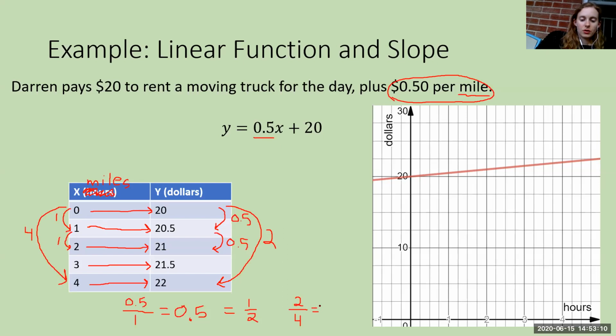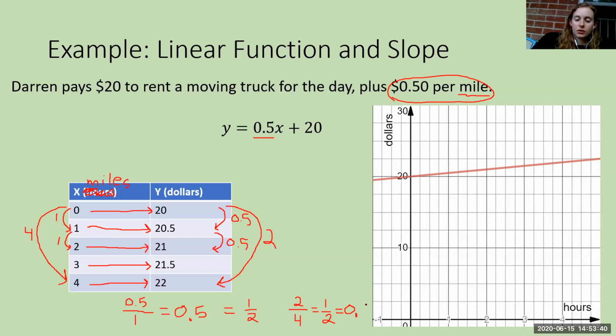Now this ratio, we can divide the top and the bottom by 2. It'll simplify to 1 to 2, which is what we had before, right? We said our rate of change could be written as 0.5 or 1/2. Doing it this way, we came up with 1/2 first, but we could write that as a decimal, right? If we do 1 divided by 2, we will get